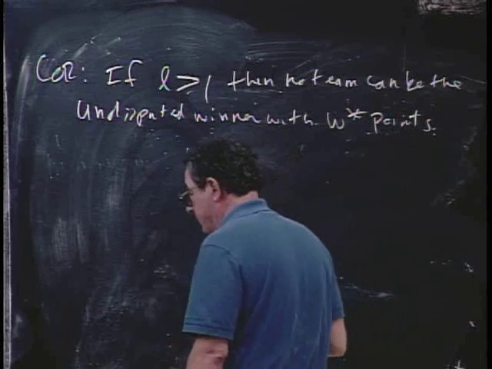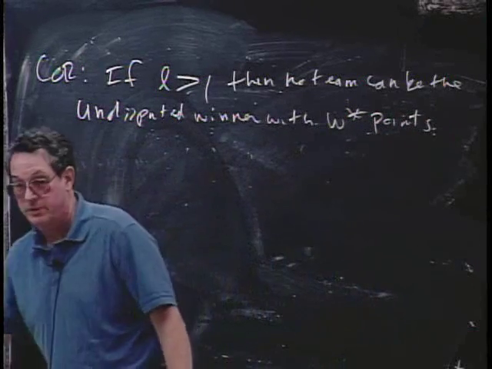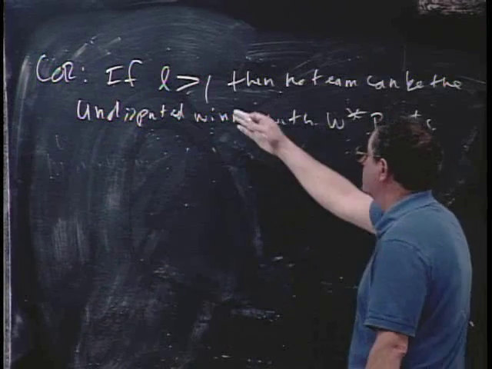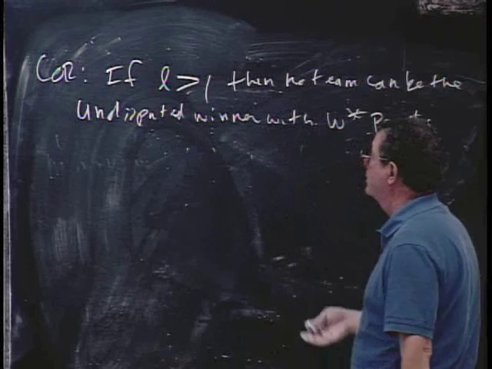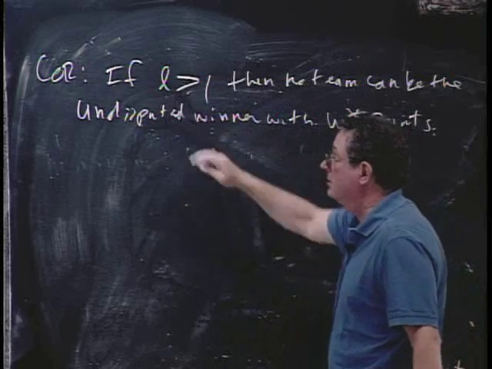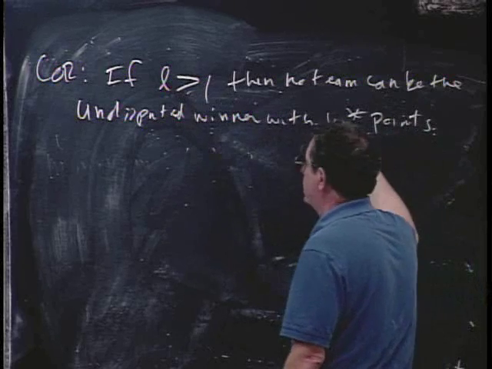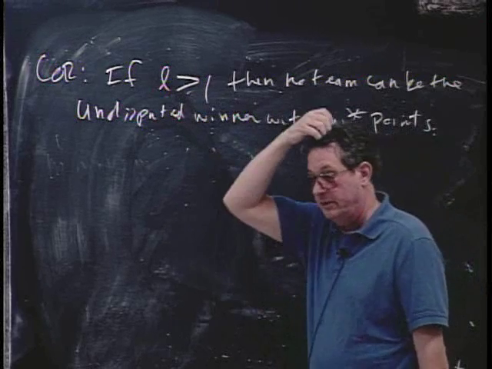Okay? There could be some undisputed winners with more than W star points. We dealt with those at the very beginning of the lecture. But we have this algorithm which runs in polynomial time, and it computes a little l, capital L and little l. And if little l is bigger than 1, then there's no other team that can be the undisputed winner